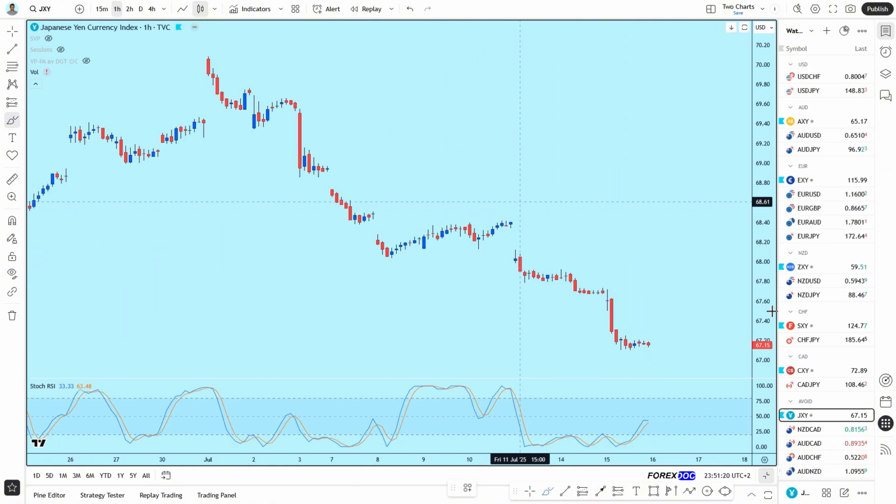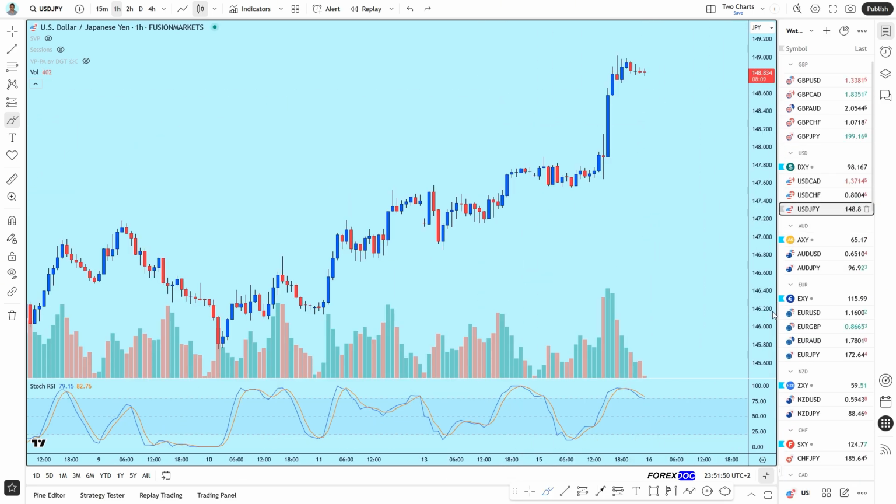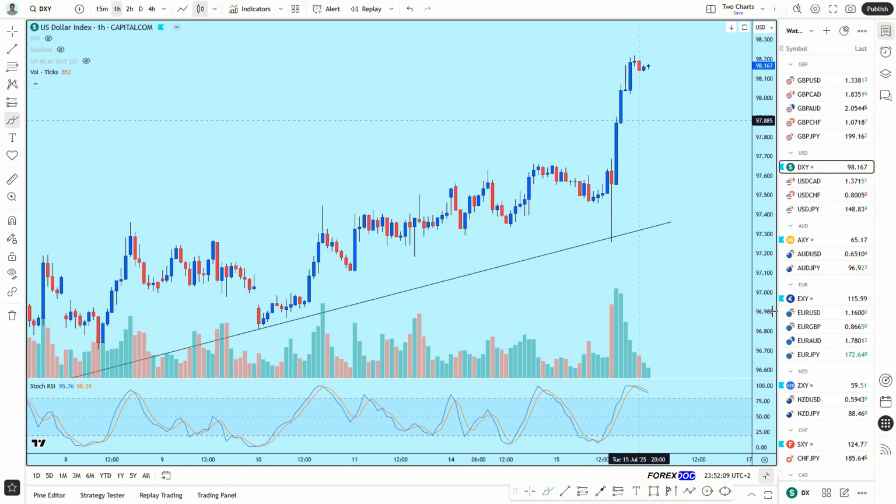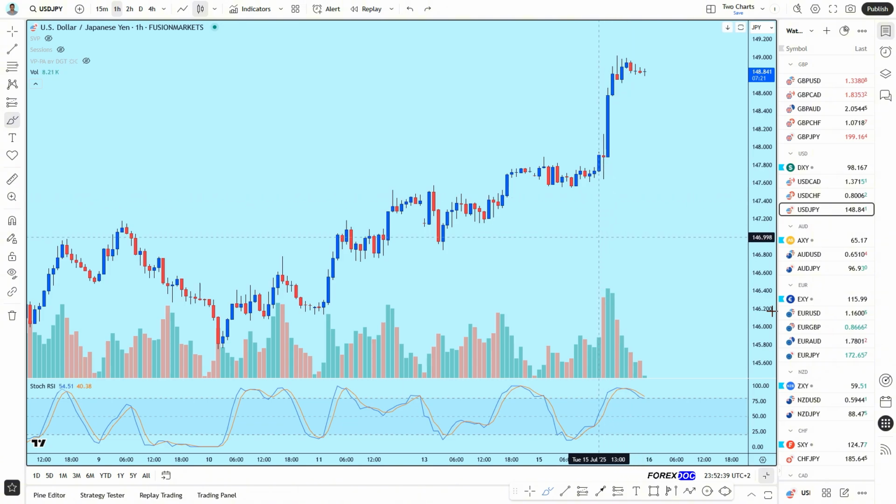So far JPY is trending down, which means that majority of JPY pairs are going up. That is especially the case with US dollar JPY because earlier today price formed this very strong bullish reaction to the news. And this is on DXY, which is US dollar index. So US dollar formed this very strong bullish move, JPY is going down,